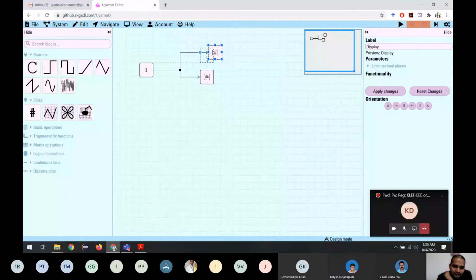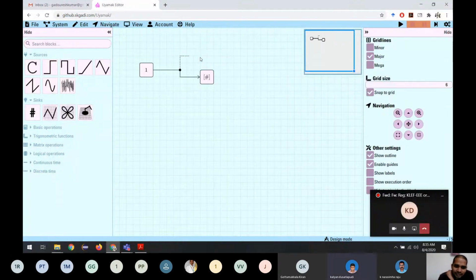Maybe in the future, I can think of this as a good option. The problem here, as I told, is that it is not as fast as MATLAB or LabVIEW because it is not directly running on the operating system. Whatever we do here takes some interpretation. Until the line comes, the computer doesn't know what it has to do, so it takes more time for execution. Also, the data transfer between threads costs some memory and processing. To minimize all these things, I'm not giving these types of functionalities.